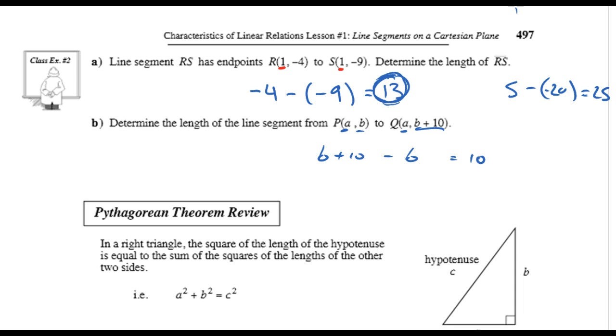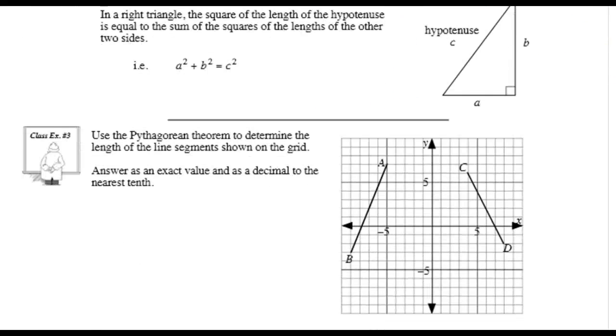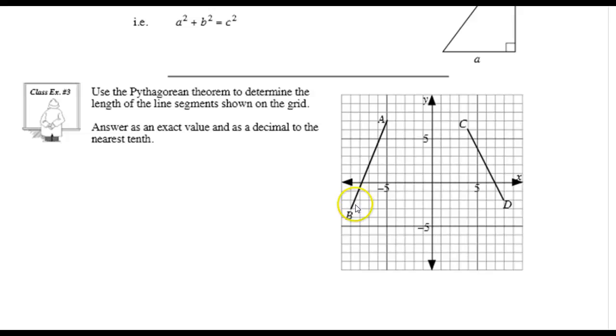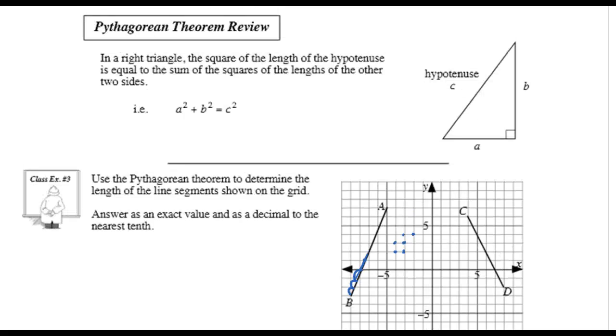Okay, vertical lines and horizontal lines are very convenient, but sometimes you're going to get a diagonal line. Most of the time you're going to get a diagonal line. So we need to look at how to get those, and obviously we can't count by increments of 1 here, because this doesn't exactly fall on the coordinates, what are called the lattice points. If the line goes through the middle, I'm not really sure what the measurement is. So we have to do